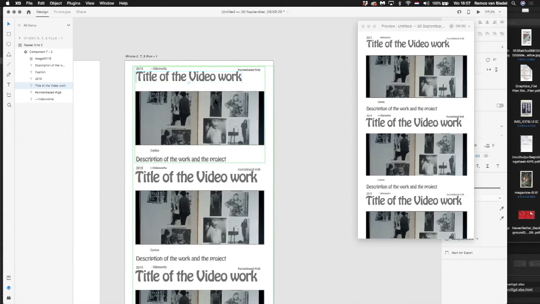Now I kind of broke the master chain a little bit, but if I would reset that so that it relinks